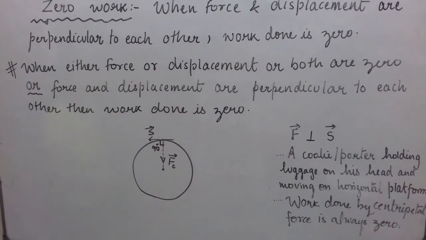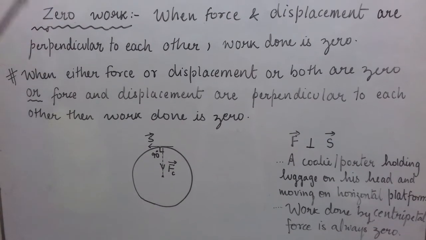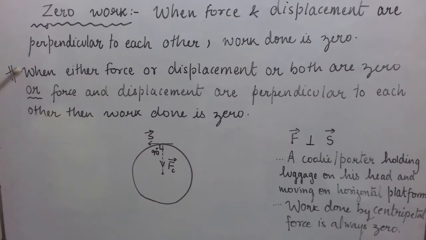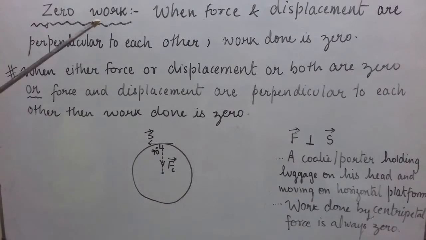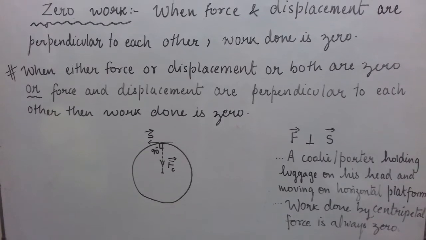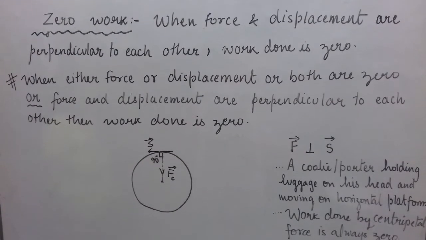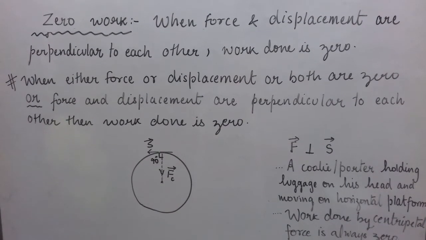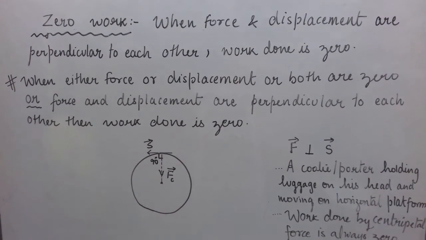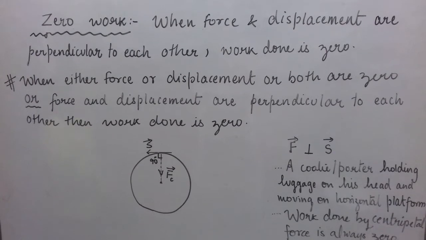So I hope you know what is zero work, and you can write it better here in this way, and you can give examples for zero work. So we'll continue with this chapter. The work part of the chapter is over. If I ask you one question, when is work said to be done? This is the last question for this chapter, and the topic will be over. And we'll continue with energy in the next video.